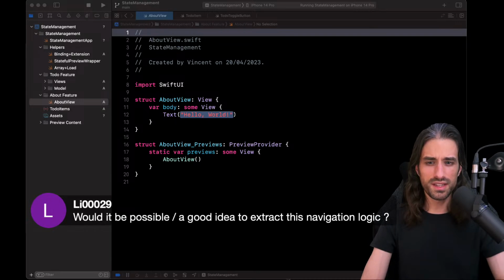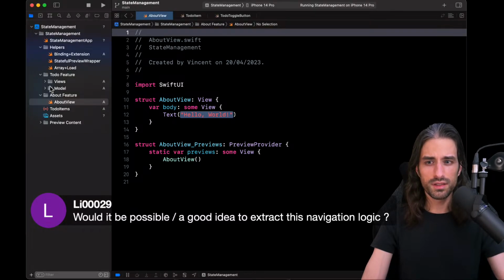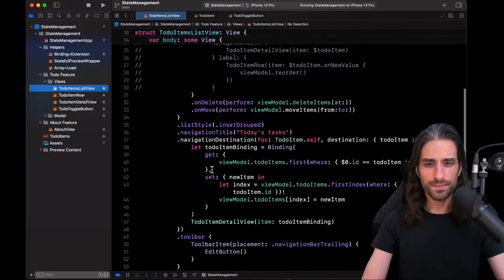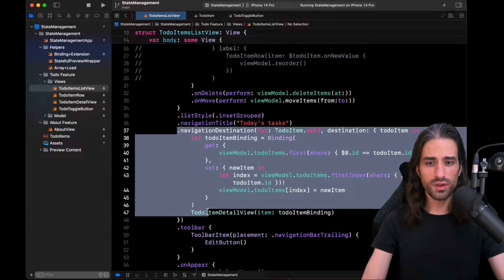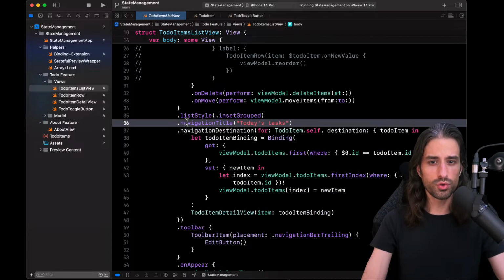Would it be possible, a good idea, to extract this navigation logic? What could be a good idea is to extract the part where we are, or we could say, resolving the navigation. So let me go back. This part right here, it could be interesting to extract it, especially because most of the time there is no reason for your source view to know about the destination view.